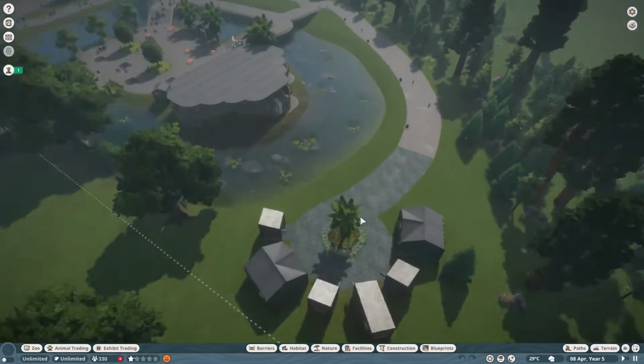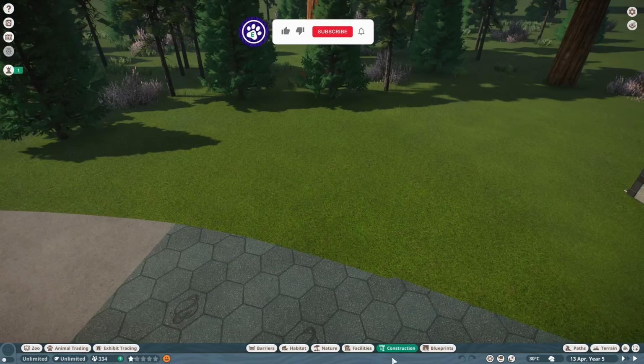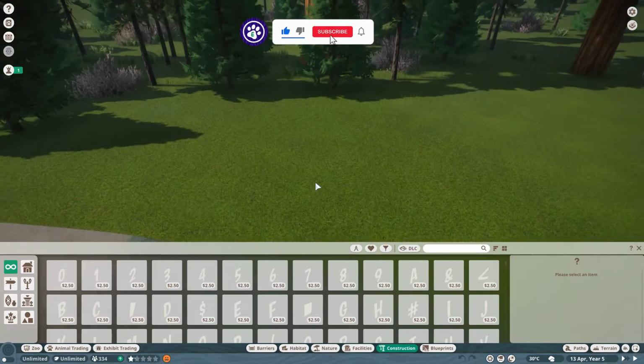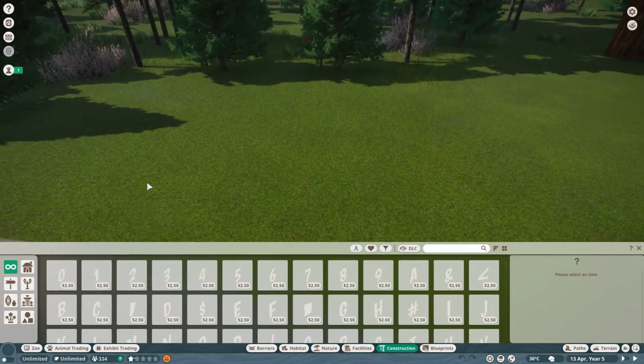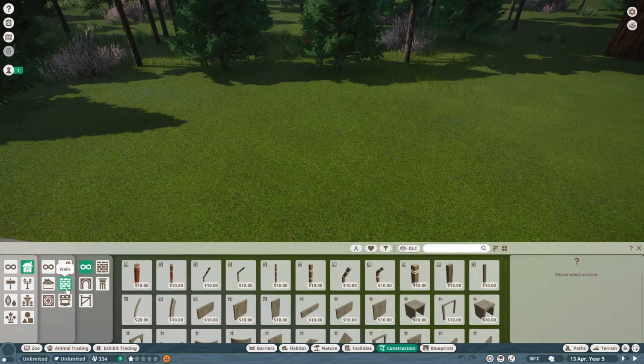We're gonna see the difference between grid and non-grid pieces in Planet Zoo. Okay, so first we need to go into construction. In construction, the main example that we can have here is in architecture and walls. In walls, we will have different types of pieces, grid and non-grid pieces specifically, so we will talk about the